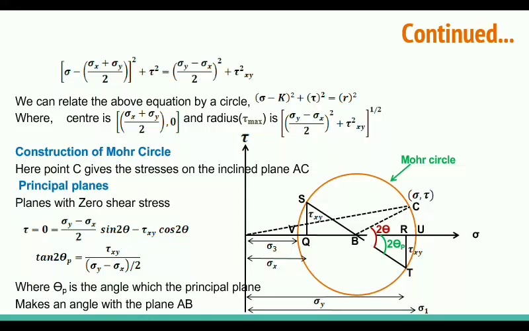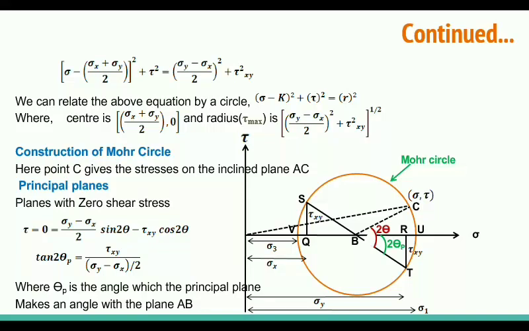So construction of the Mohr circle is very easy. Just locate the 2 points, R and Q. R will be sigma y, Q will be sigma x. After drawing these points, you can take the middle of them, or you can draw a vertical line from Q and R, and the vertical length would be equal to tau xy, and it will cut the Mohr circle. It will give points S and T, and just draw the line ST, and it will cut the sigma axis at point B. So B will be the center of the Mohr circle, and points S and T will be points on the Mohr circle. So when you draw the Mohr circle, it will pass through these points.